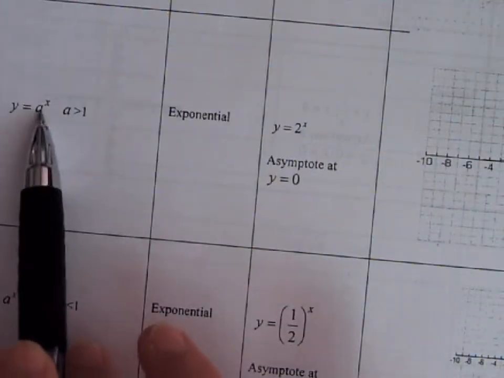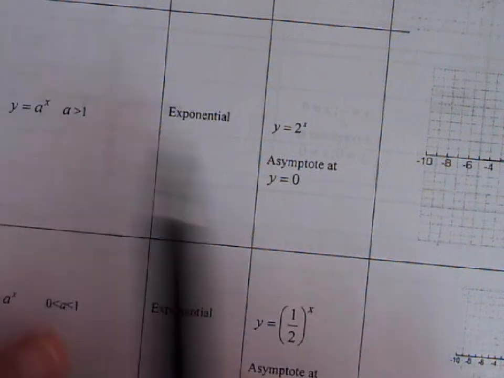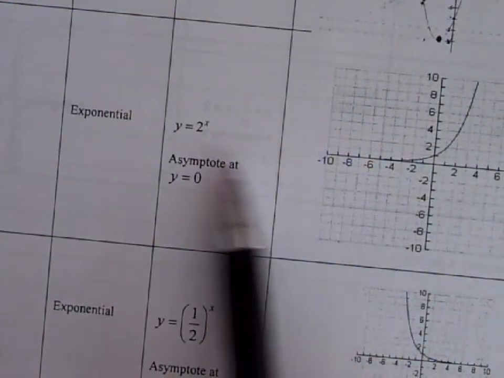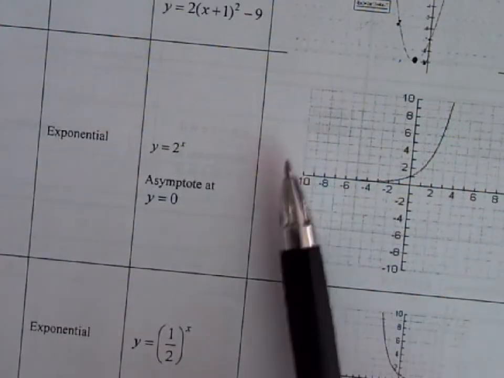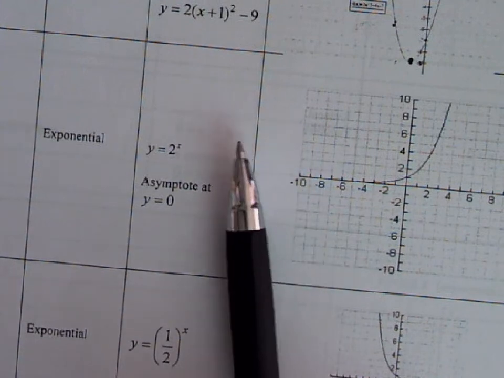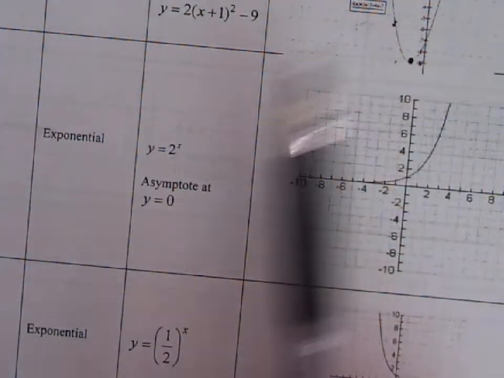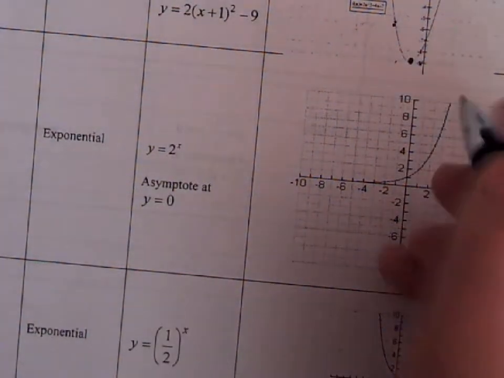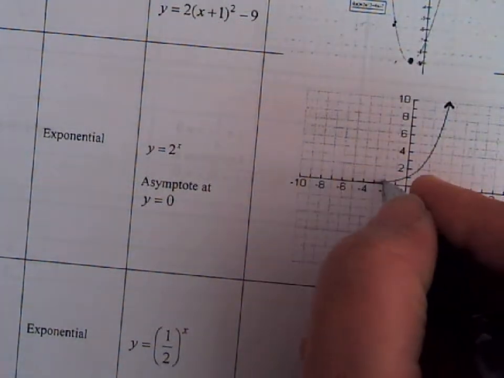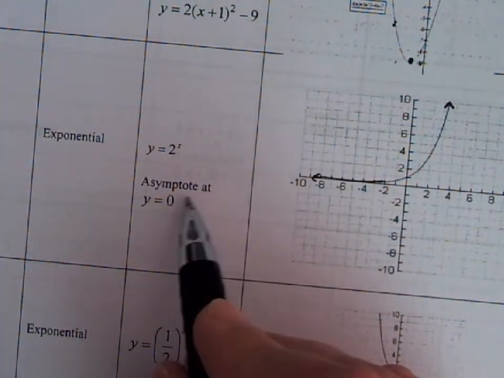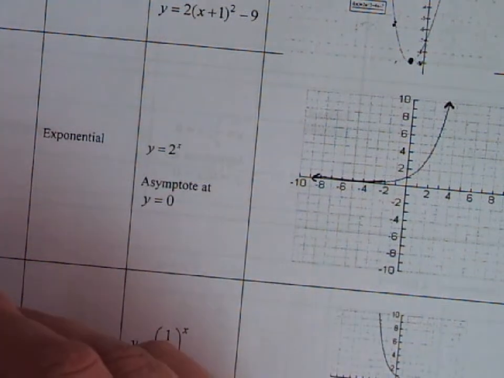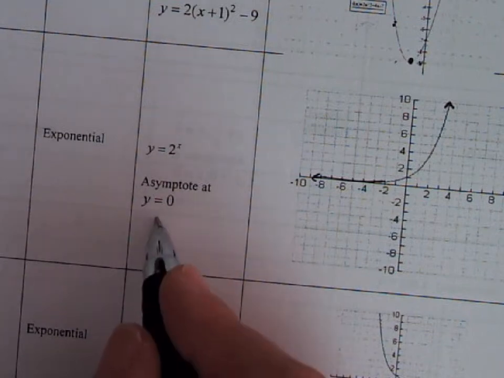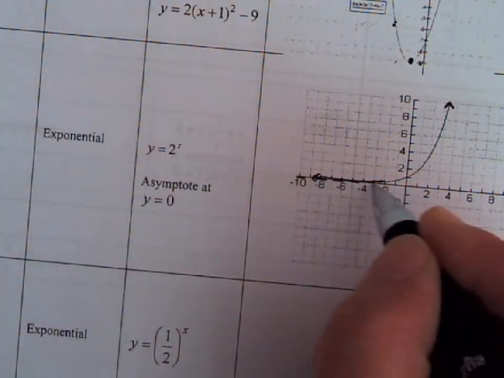If the base is greater than 1, then you have an exponential growth. So let's say if it is 2, the function is going to increase to the right, like this. It's an exponential growth. Let's remember that exponential functions go to infinity on both sides, but there is an asymptote. If there is no vertical shift, the horizontal asymptote is located at y equals 0. So in this case, this is the horizontal asymptote here,